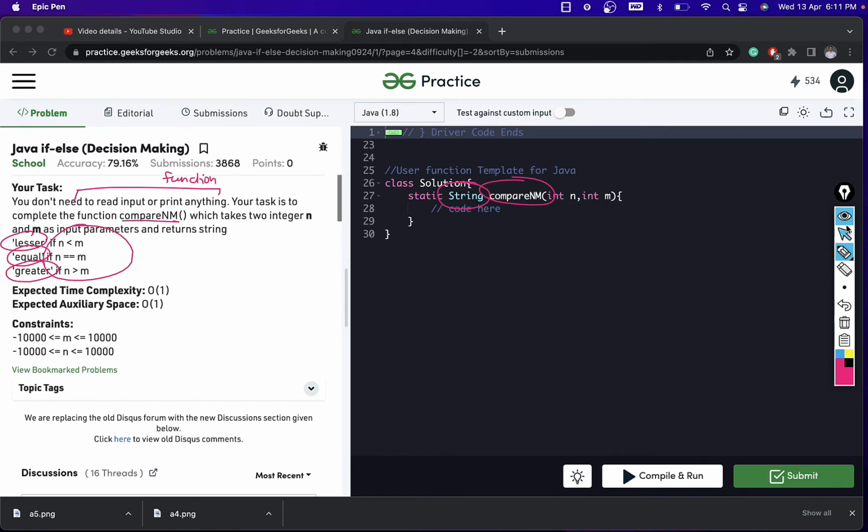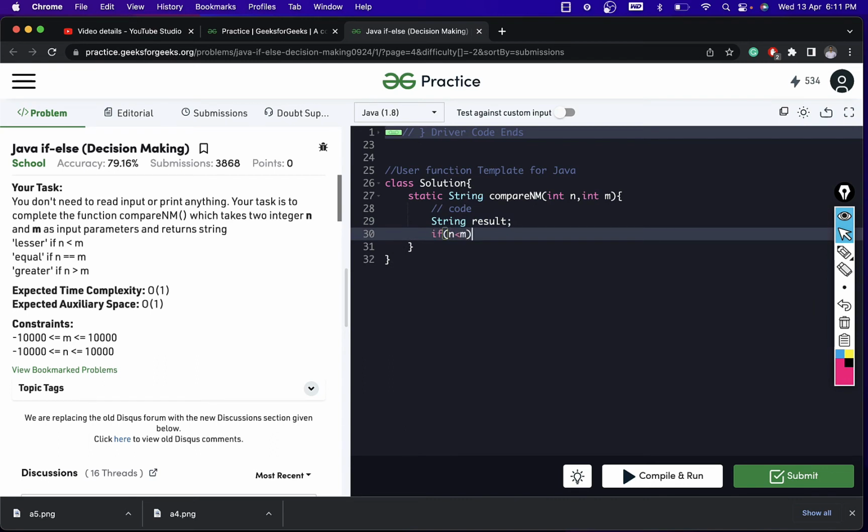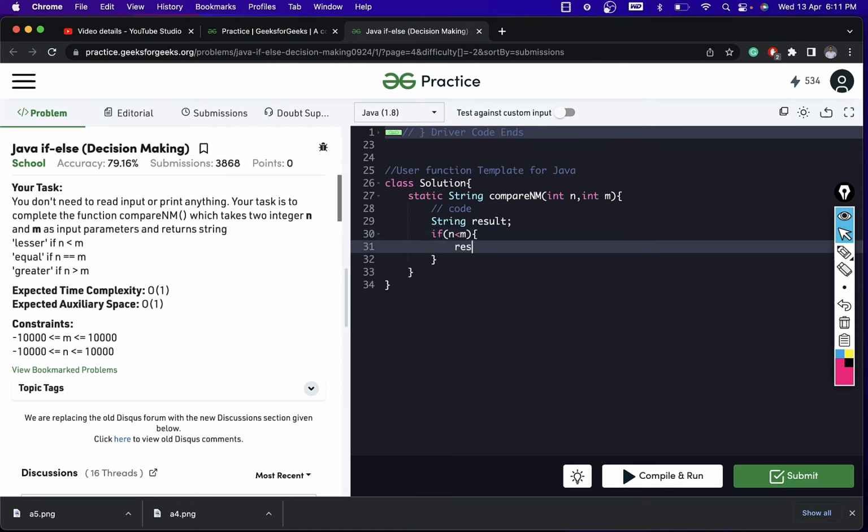Okay, so let's try to work on the code and see if we are able to get the particular answer. So how are we going to do it? If you remember the odd even thing which we have done previously, we are going to do it the same. First of all, we are going to take a result in the string format and leave it empty. Then we are going to put if else case. If n is less than m, I'm going to assign